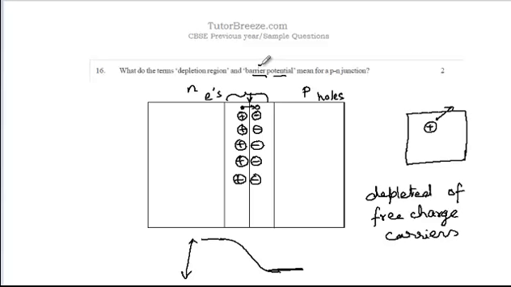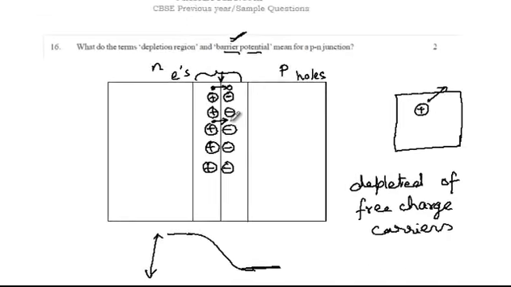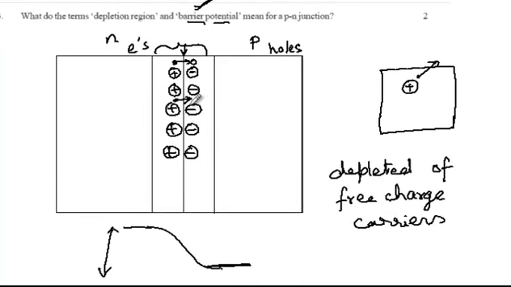And why the word barrier? Barrier means it stops further diffusion. Because now if you have electrons which try to cross the junction, you have a layer of negative charge which is going to repel them, which is going to prevent further diffusion of electrons from taking place. So at equilibrium, when diffusion stops, we have this barrier potential difference VAB, which is positive on the N side and negative on the P side.